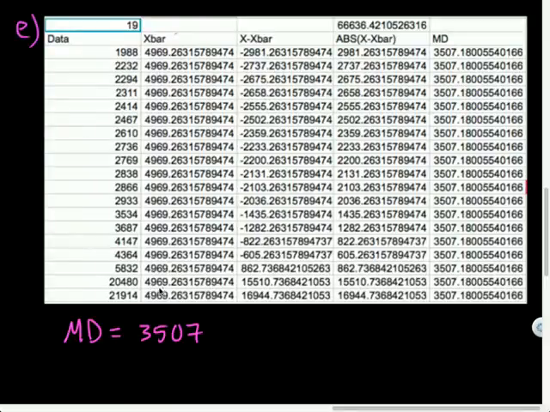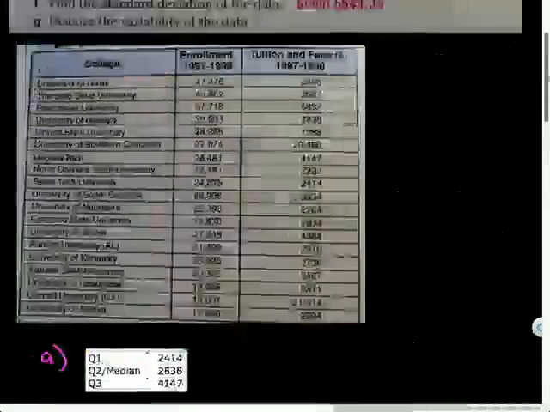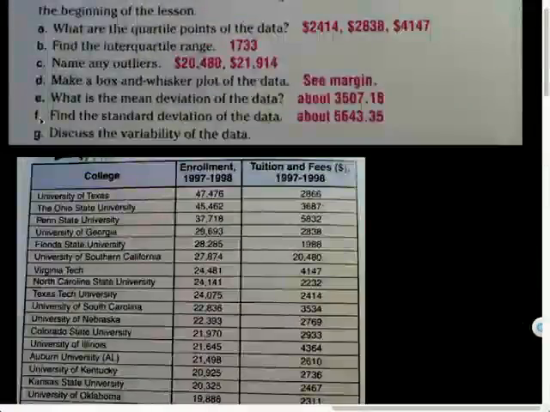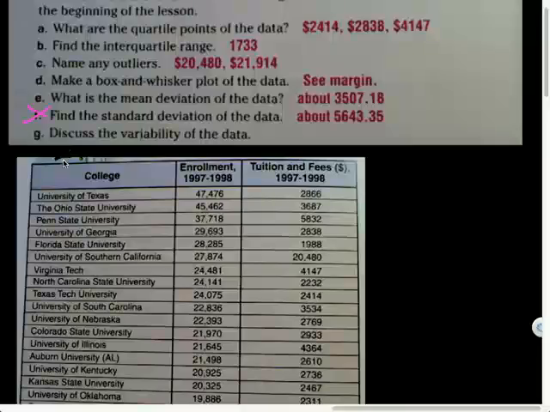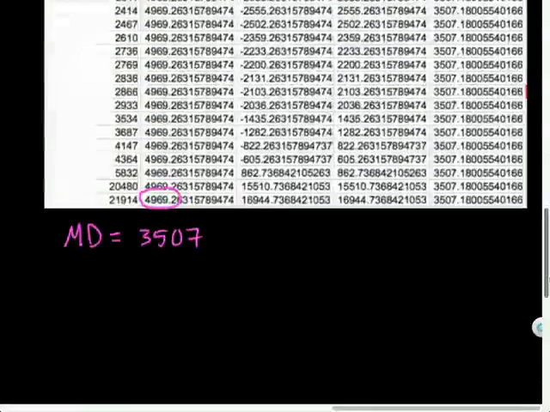I just want to point out the mean deviation is greater or almost as big as the mean itself. So this data is very dispersed, which we can't actually answer question F just yet because I didn't teach you that. We're doing that today. But discuss the variability of the data. I would say for part G,